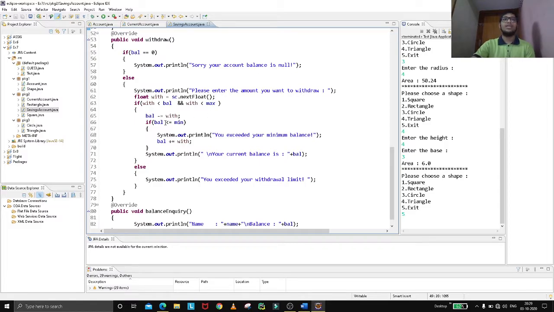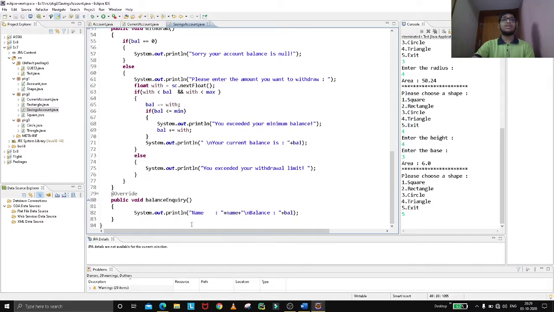Then only the balance will be updated by the withdraw. Now if balance is less than or equal to min, you have exceeded your minimum balance, or otherwise it will add it again, and it will provide you the current balance also.